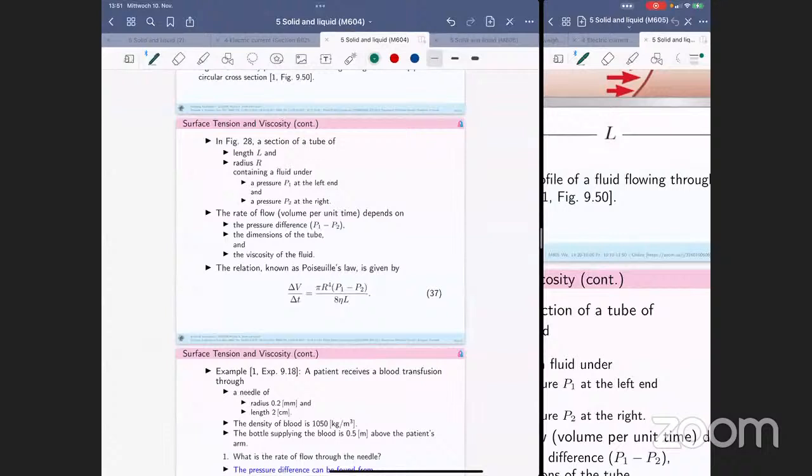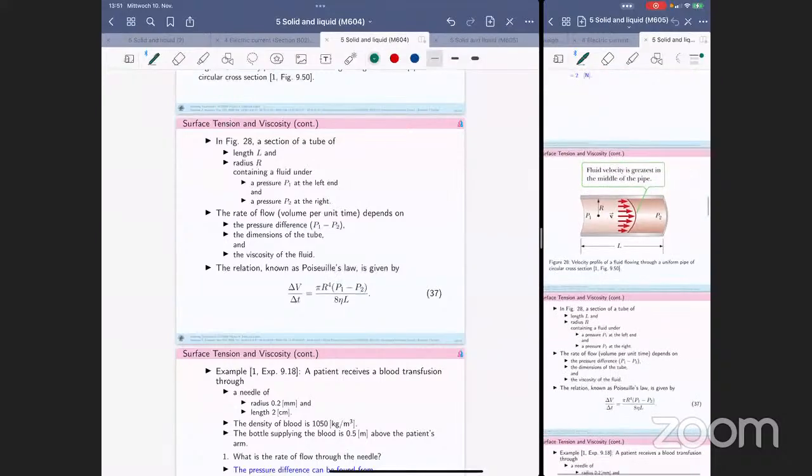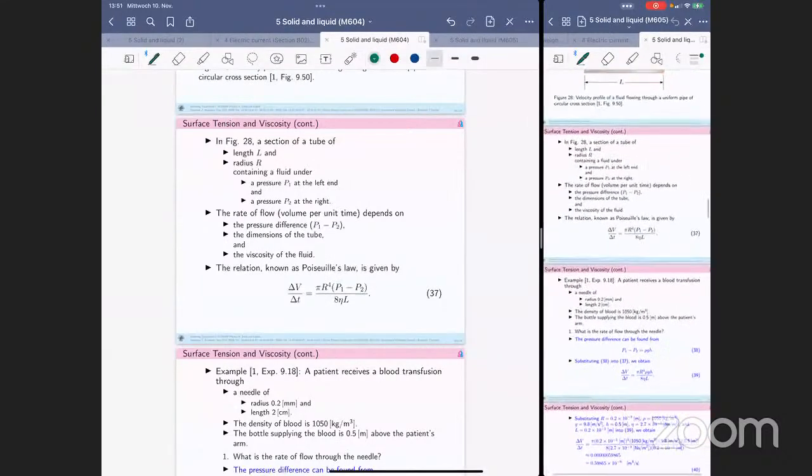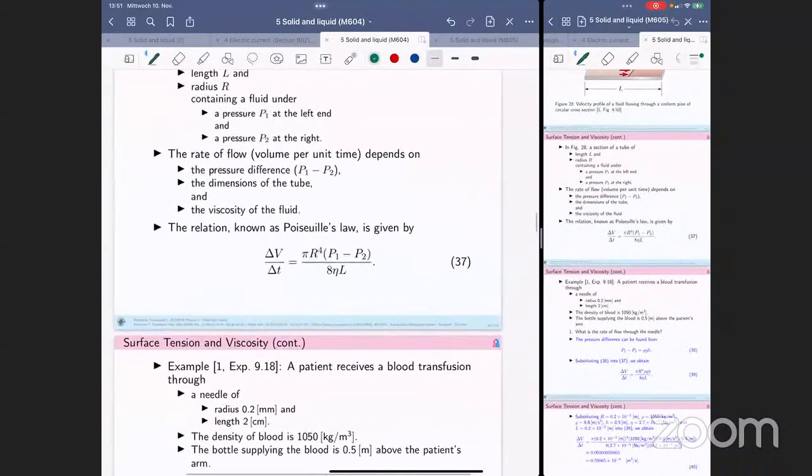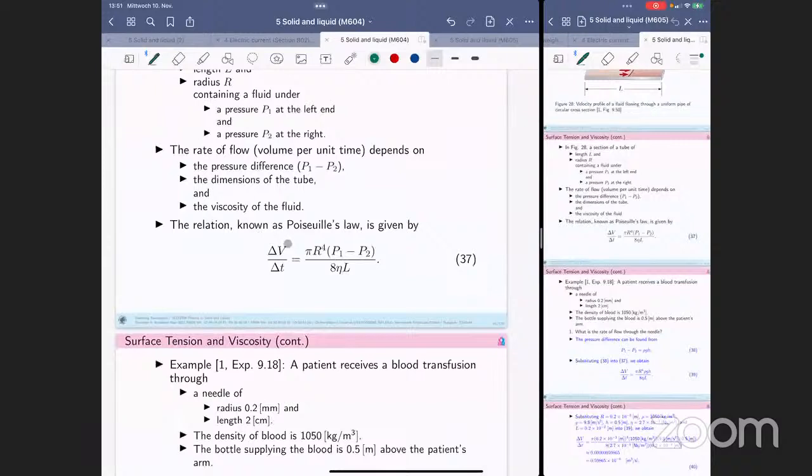Okay, he is quite famous in formulating the relation of the flow of liquid, and the formula that he discovered is this one. Okay, delta V by delta T is pi r